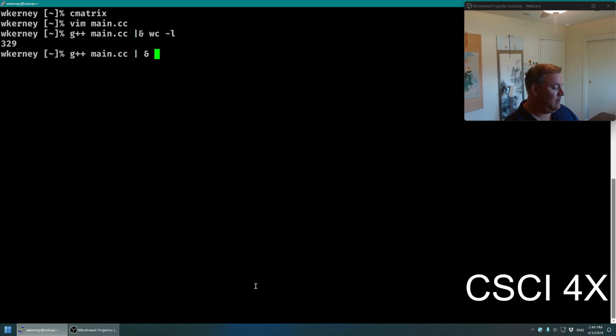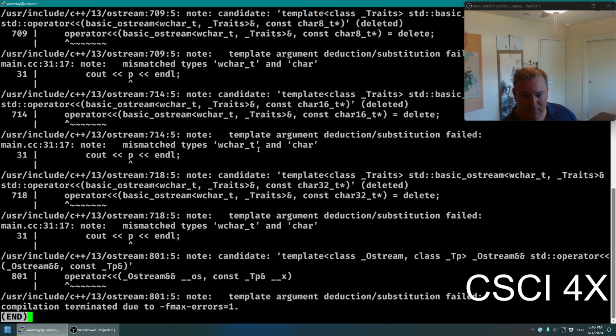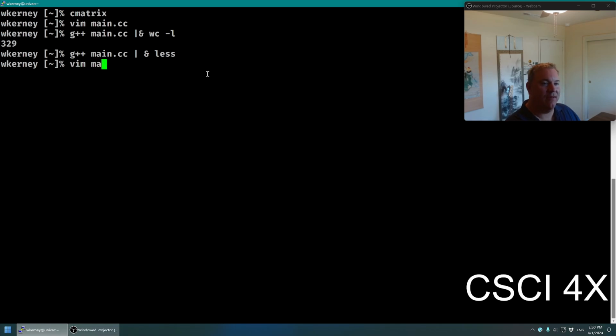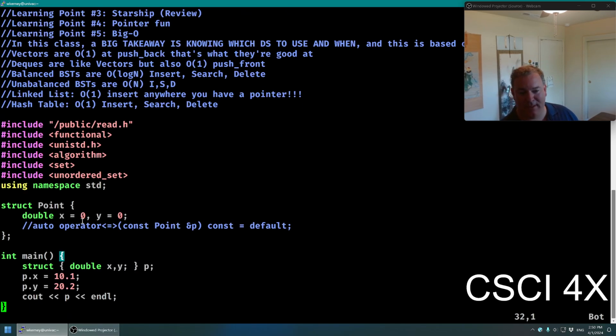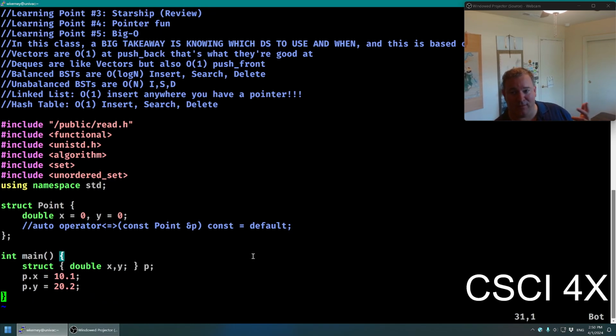But if we look at the error messages, go to the very top maybe. Yeah, you can see right here the name of the type is main: unnamed struct. So that's the official name of the type of our boy there, unnamed struct. Okay. So yeah, you can do this if you just want to make a one-off class where the name doesn't really matter. You're not going to reuse it, things like that.